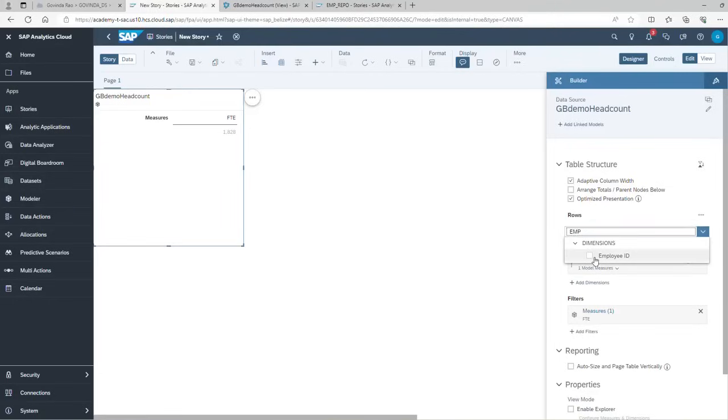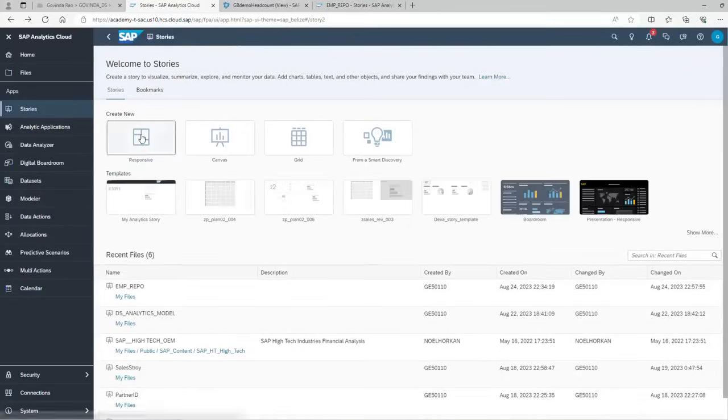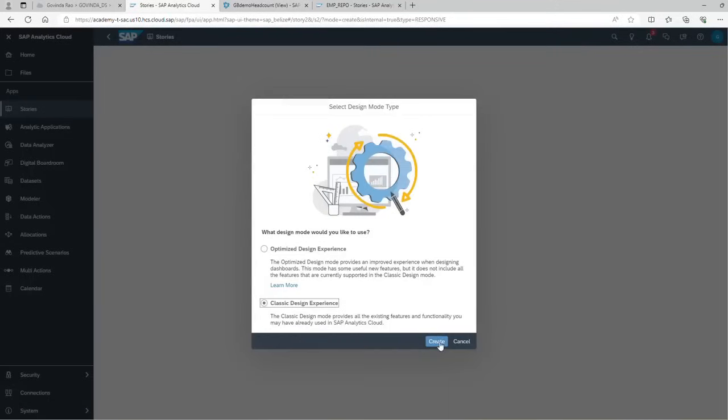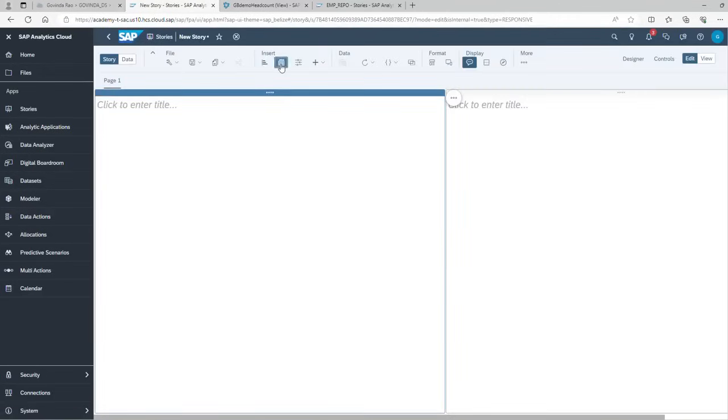EMP. Okay, let me add employee ID. Yes, I'm getting data. Why is it not having data here? Okay, let me go back. I think I have selected the responsive page. It should, there is no difference. It should work. I'll go with the classic design and come here,